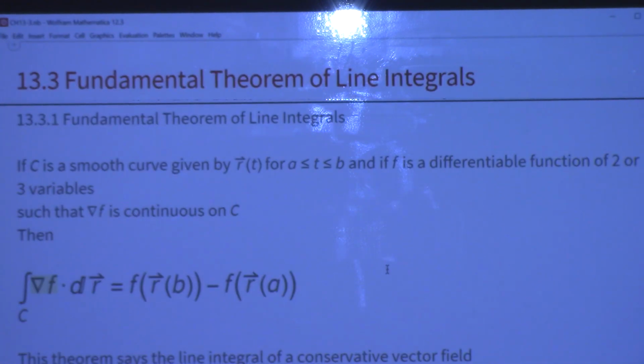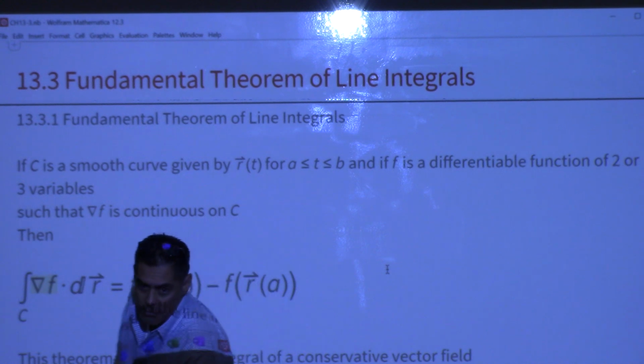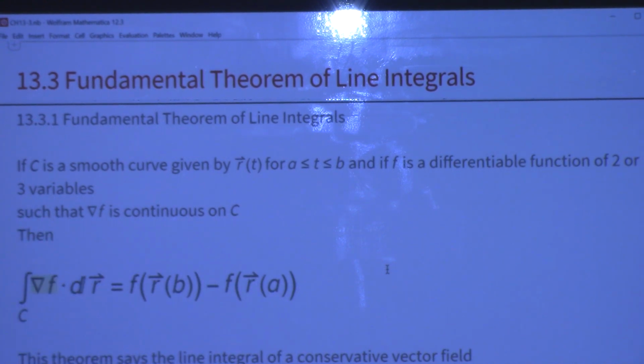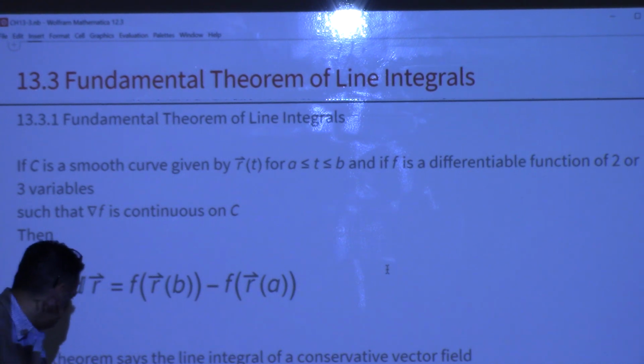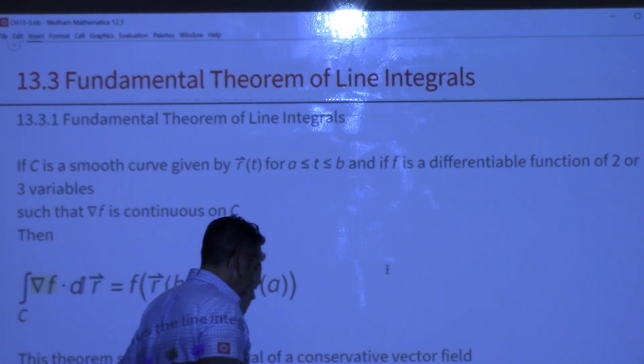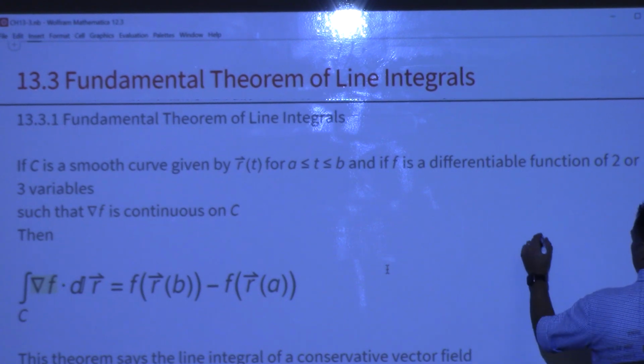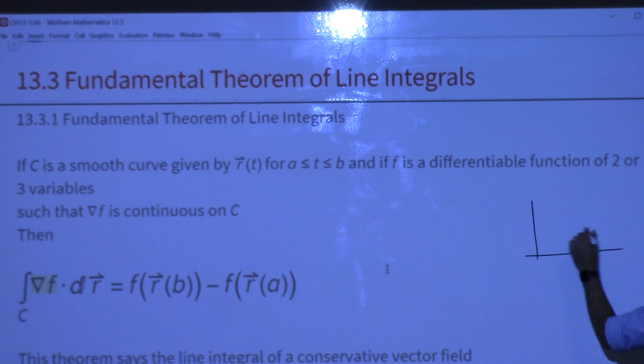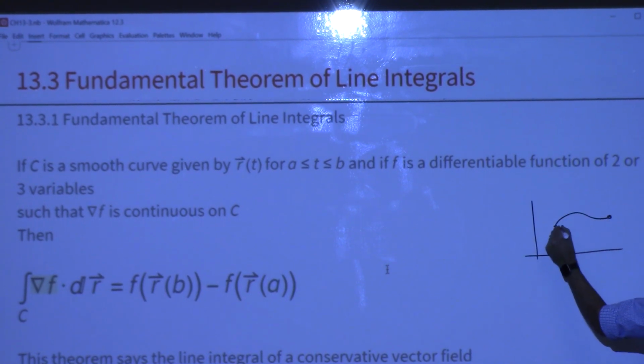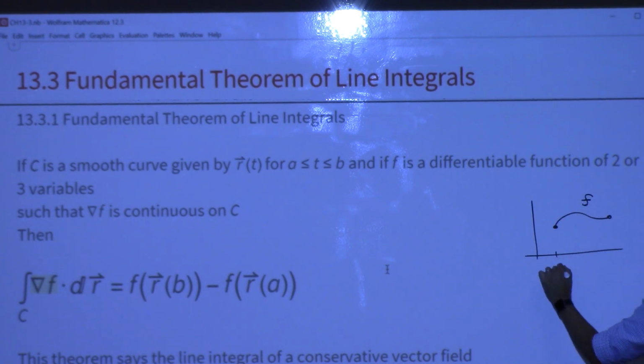The fundamental theorem of line integrals. So you learned the fundamental theorem of calculus in Cal 2, right? The fundamental theorem of calculus is basically the thing that allows us to take the antiderivative and evaluate to find an area under a curve. So as a reminder, I know you know this already, but in Cal 2, it said if we have some function f on some interval a, b,